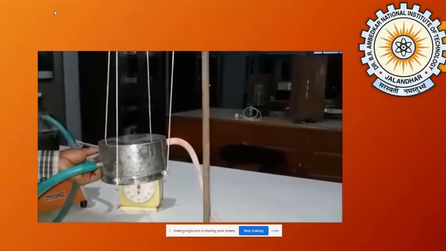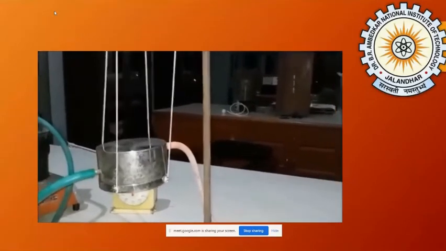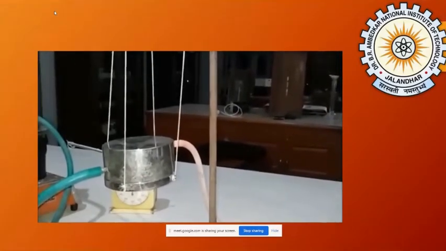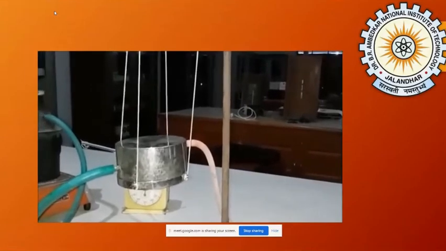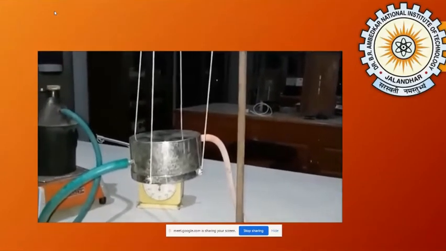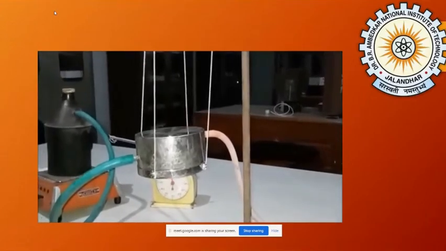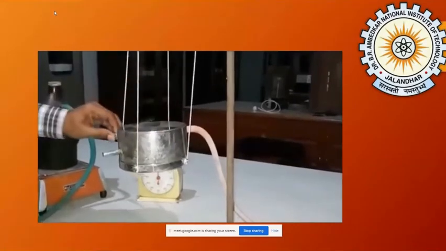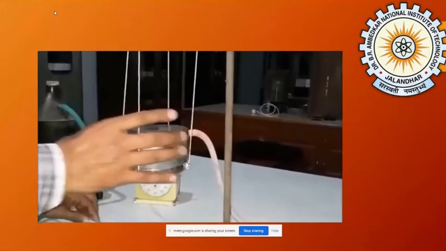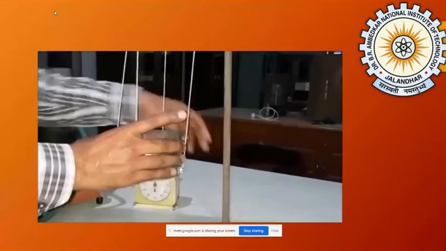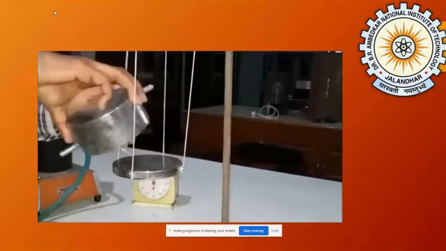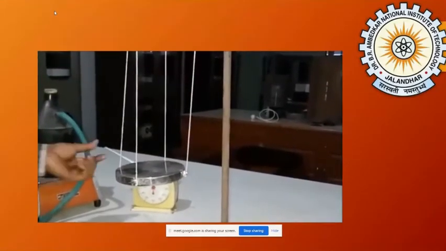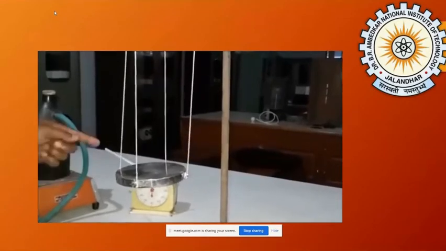The temperature will again rise, and we'll note the temperature of the leach disc and passing steam until it reaches 10 degrees Celsius above the steady state value. Then we'll stop the passage of steam and remove the thermometer. We'll remove the thermometer which is placed in the hollow cylinder, and then the hollow cylinder is also removed. The leach disc will be allowed to cool down, and as it cools down, the temperature will fall and we'll observe the thermometer.